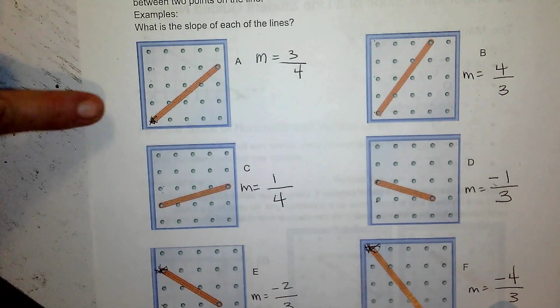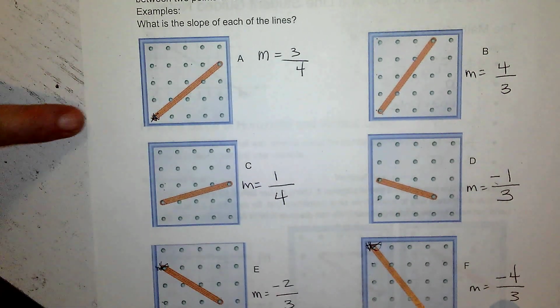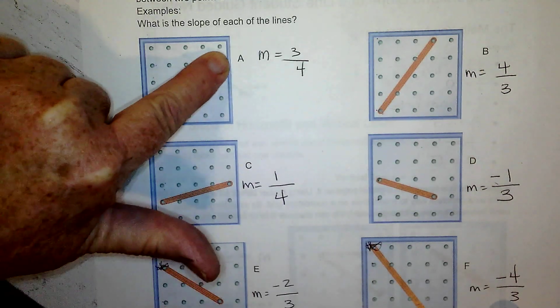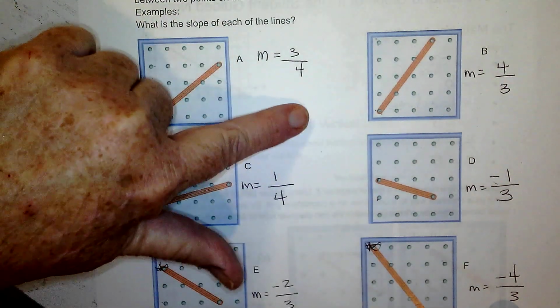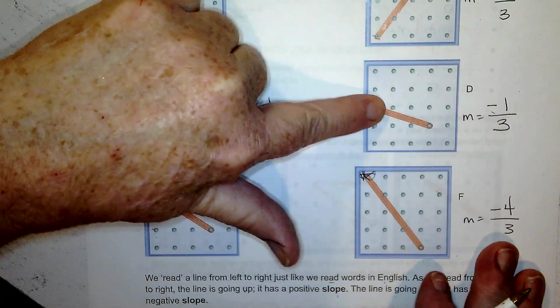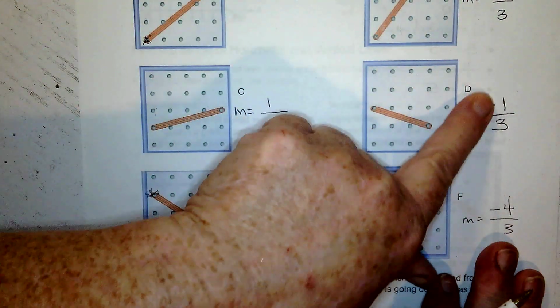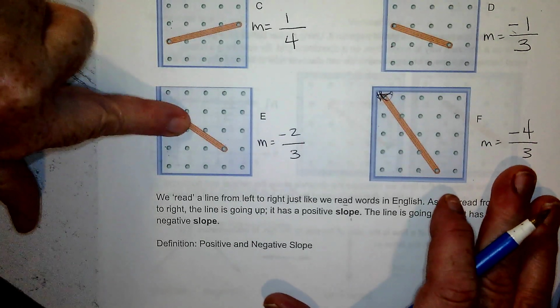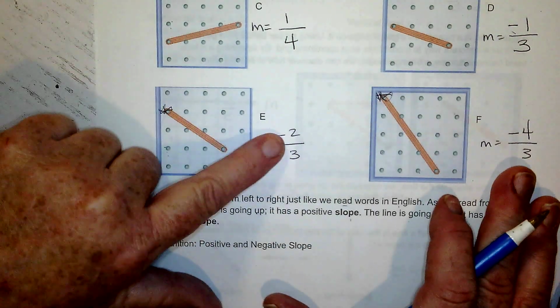This one, pretend like we're going to go get on a roller coaster, and we come along and we hit that point, and now we're going up. Well, that's positive. Same thing for this one. We're coming along, we hit that point, we're going up. That's positive. Let's look at this one. We're coming along, we hit that point, we're going down, so it's negative. Same thing for here. Coming along, hit that roller coaster, we're heading south, we're heading down, so therefore it is